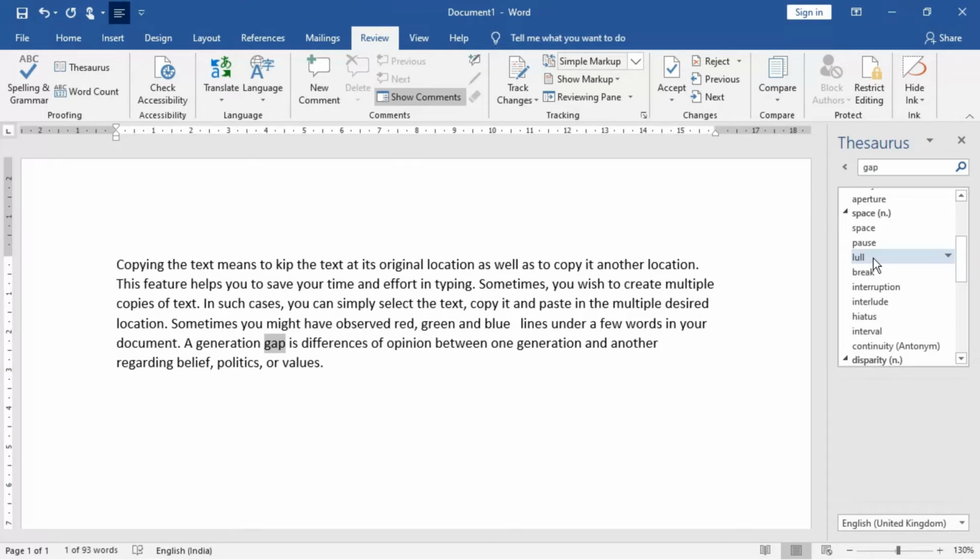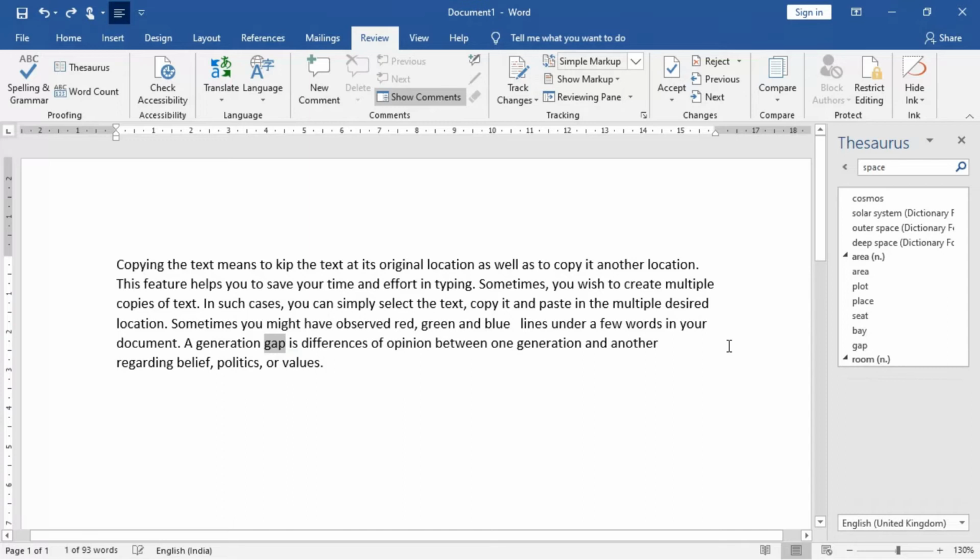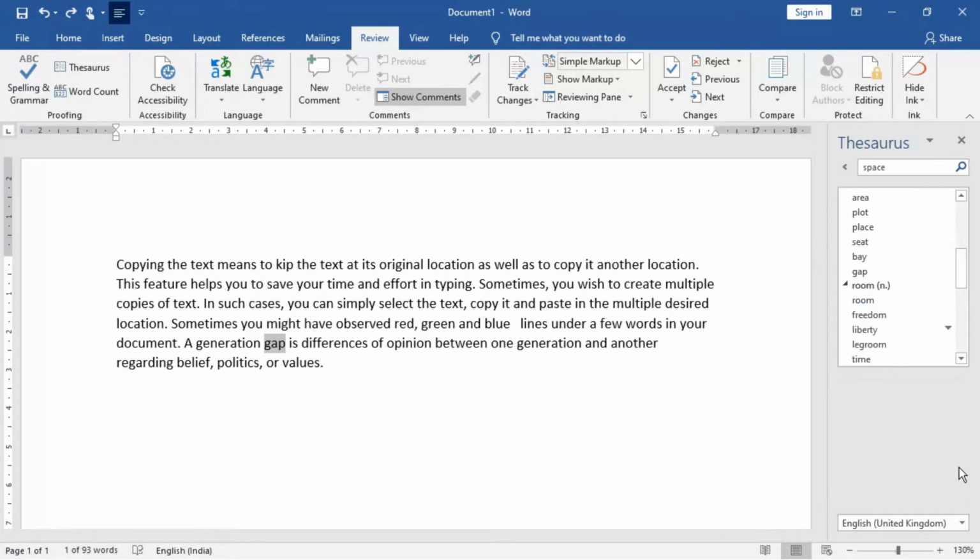Same, we are taking the word space here, and then pressing Enter. This is the box, and from here you have to do the change. Follow the next video to learn thesaurus in more detail.